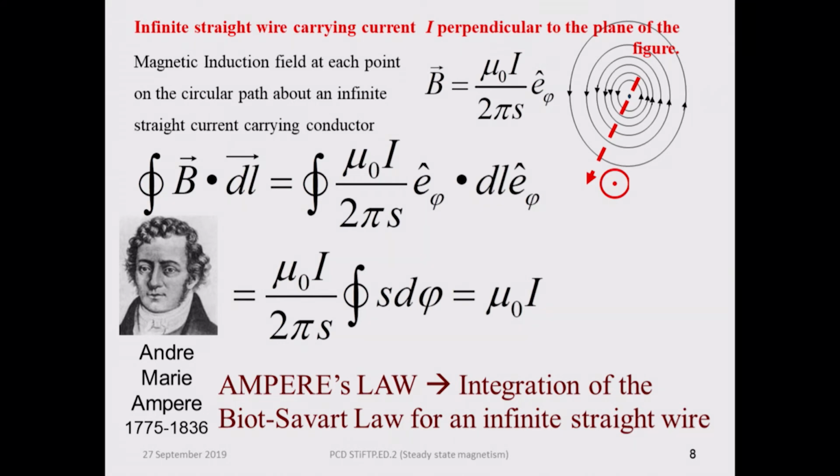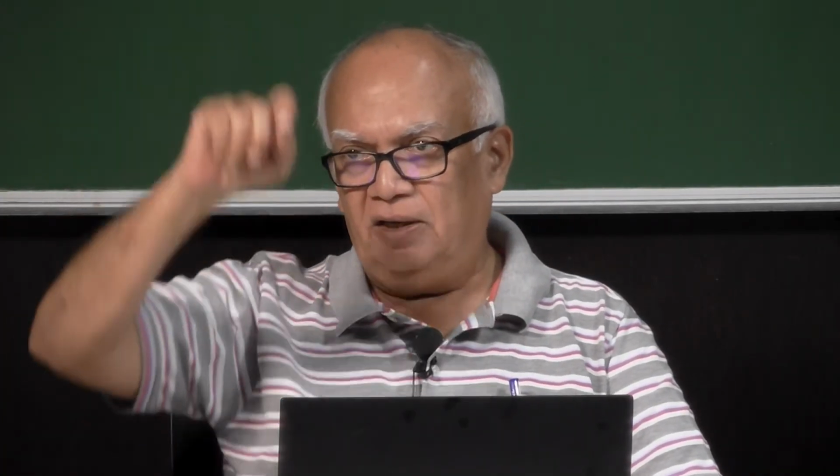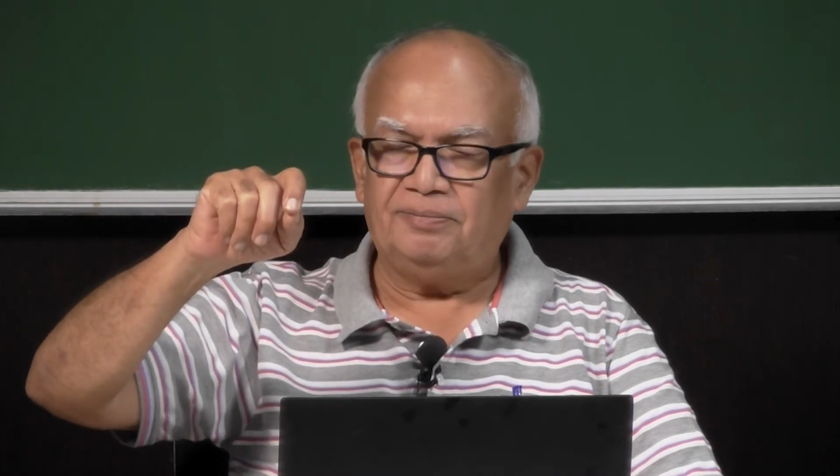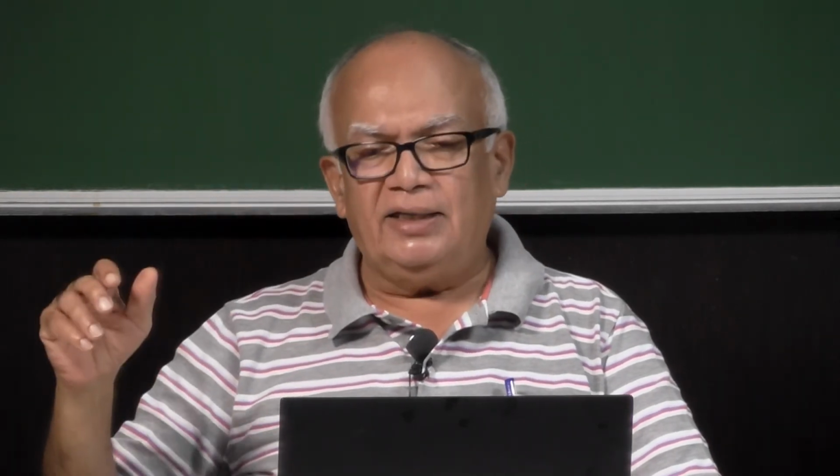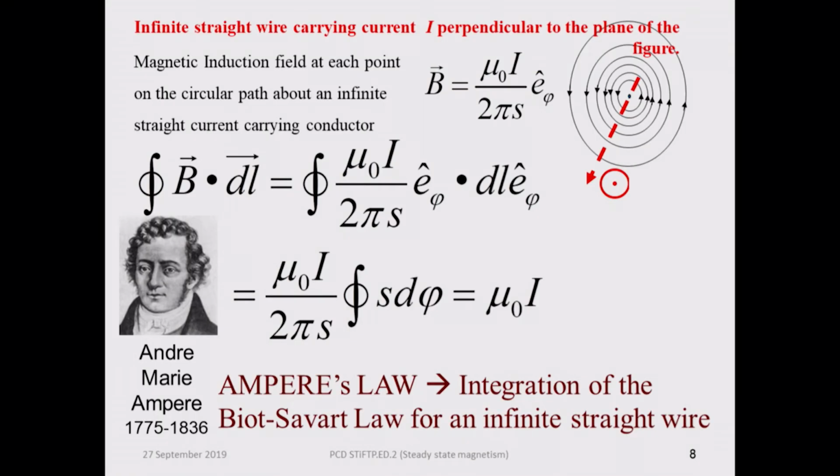So, Ampere's law tells you that the magnetic field at a field point of an infinite straight wire is proportional to the value of the current and inversely proportional to the distance from the straight wire itself. Okay? And the direction of this field is given by Fleming's right hand thumb rule. So, this is now formally constituted, and we see that it comes from an integration of the Biot-Savart law, which